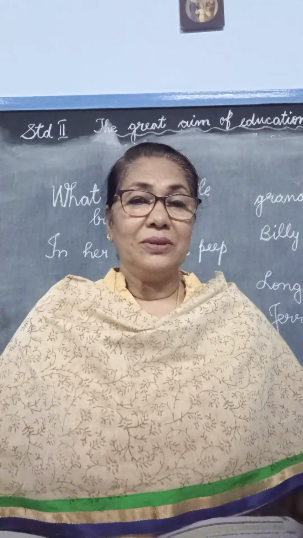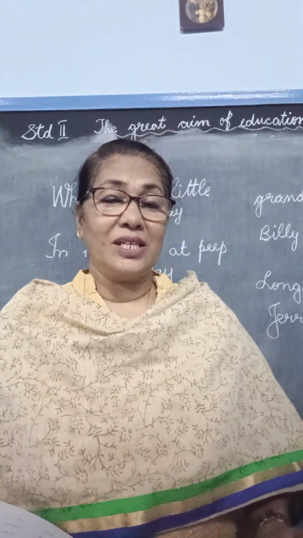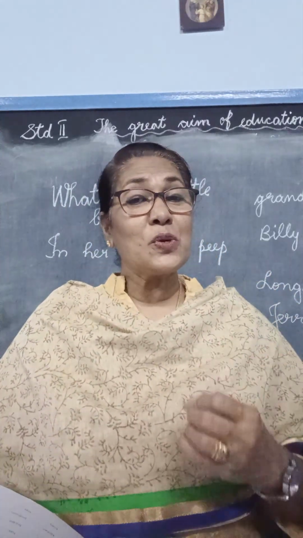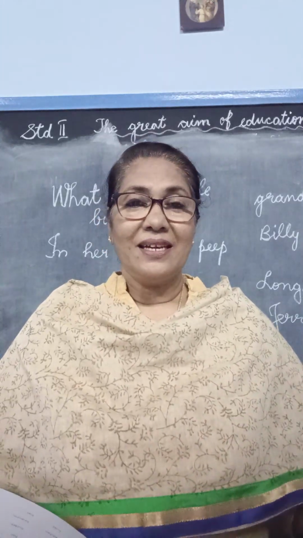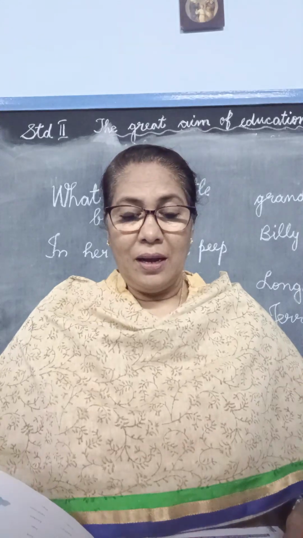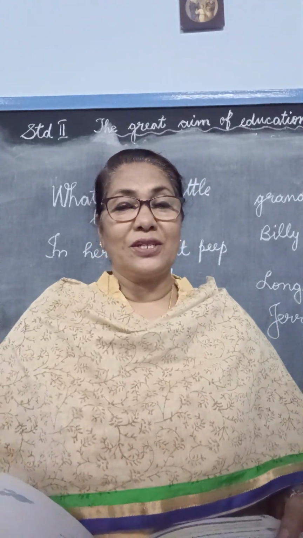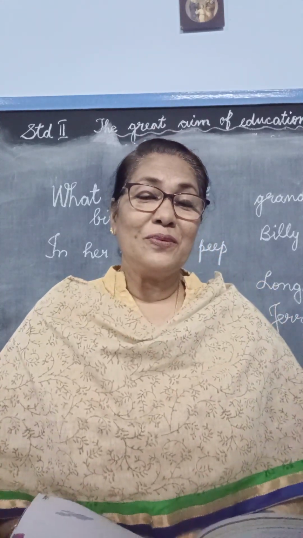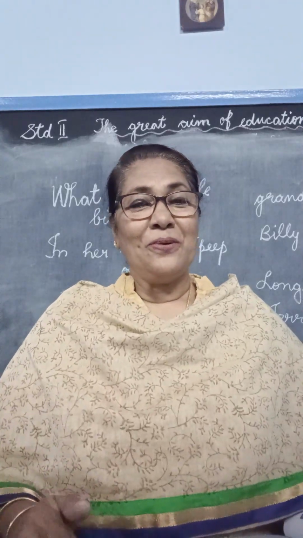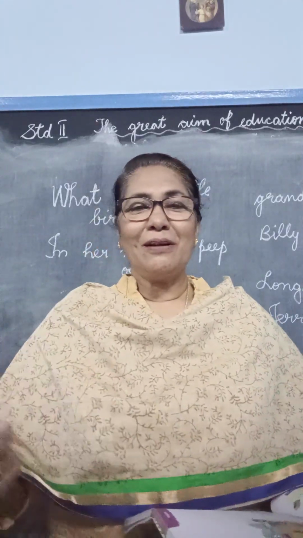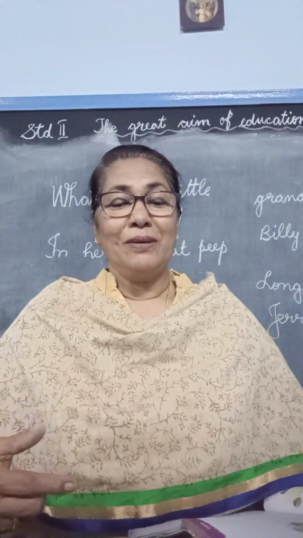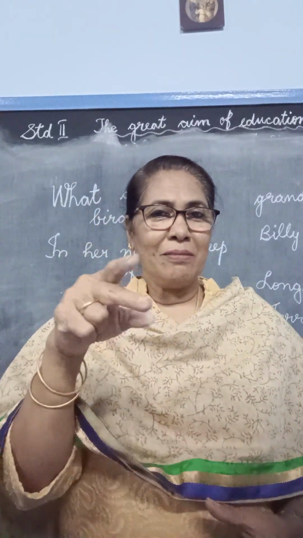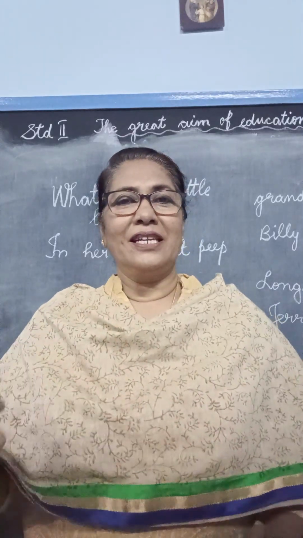Okay, right. So now we move on to page number 6. The sentence which is given here, see if it is right or wrong, true or false. True means correct, false means wrong. Now, grandfather frog jumped with a splash. Is it true or false? Grandfather frog jumped with a flash. Is it true or false? Yes, the grandfather jumped because, why did he jump? He jumped because the crane came closer to him to pick him in his beak. So that time he jumped off.